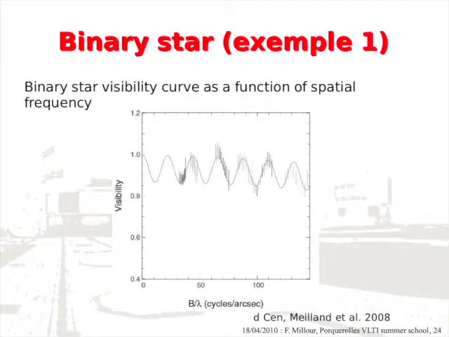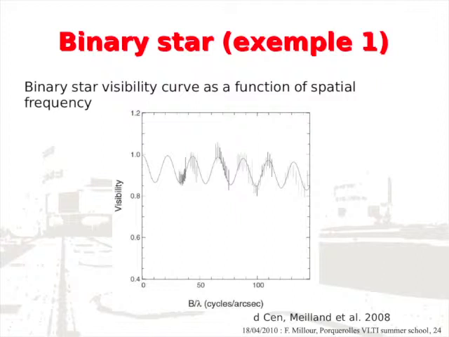So an example of observations, so that's actual observations with the VLTI. That's a binary star where you clearly see, so these are measured points and this is a model. You clearly see that you have this nice modulation of the signal, and this allows you to detect companions to a star. So here, with this observation, the flux ratio is about 5%. So the companion is 5% of the main star flux.